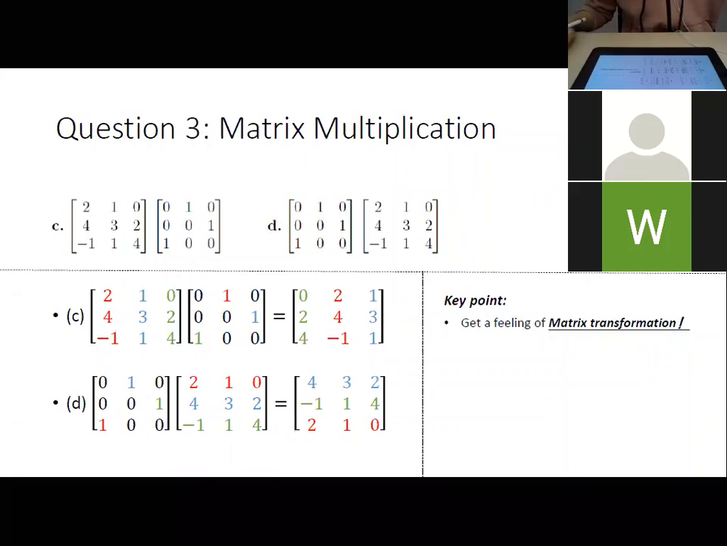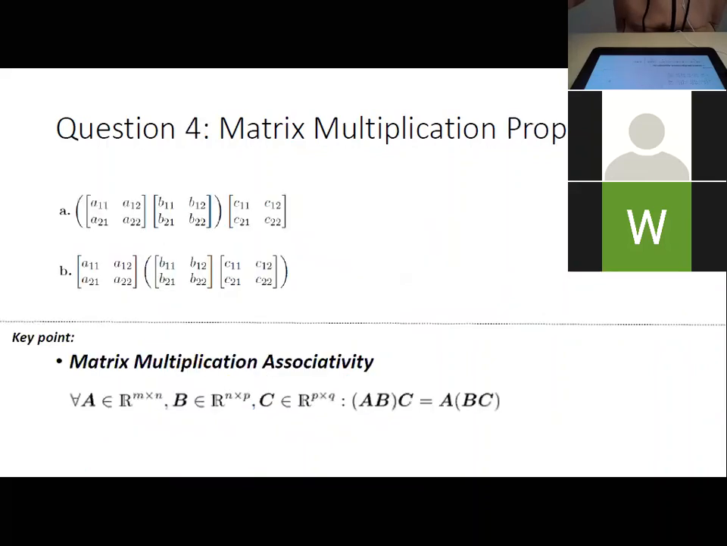Now we move to question 4. Does anyone have questions? If you have, don't be shy to unmute your microphone or type your questions on the screen. Or I will move to question 4. Now for question 4,